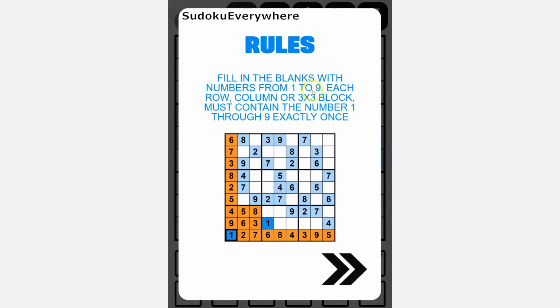So the rules of Sudoku are basically to fill in the blanks with numbers from 1 to 9. Each row and column or 3 by 3 block must contain the numbers 1 through 9 exactly once. So as we see here, the shaded orange color, the number 1 can only appear in the orange area one time. So it can only be in a row or a column, and then within the smaller 3 by 3 square